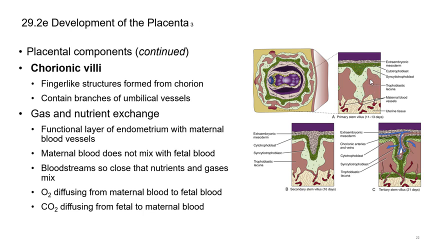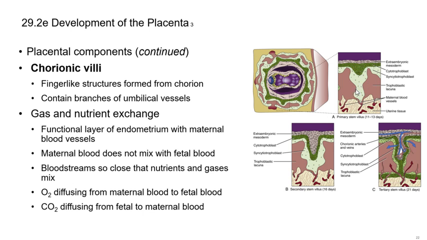These are called trophoblastic lacuna. These are essentially going to fill with blood. But these three layers here, the extraembryonic mesoderm, cytotrophoblast, and syncytiotrophoblast, they're going to form a villus. So they're going to form this large extension that kind of dives deep into and in between these lacuna, and